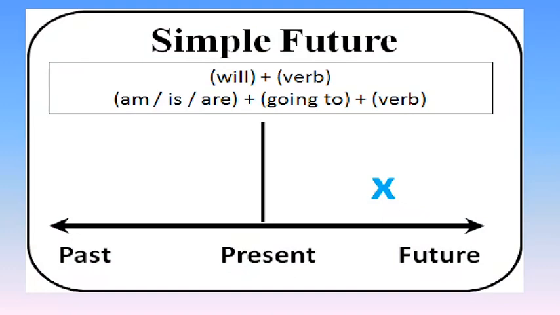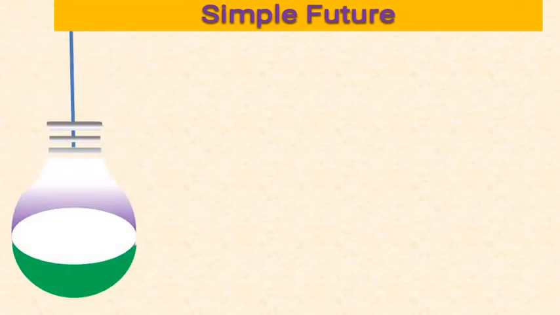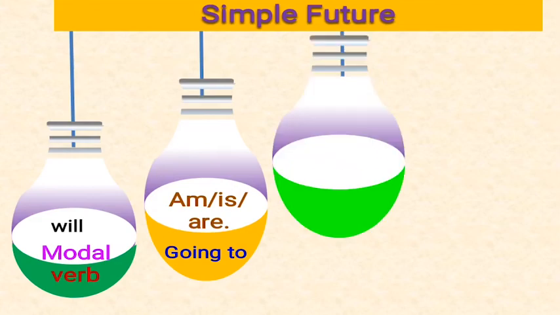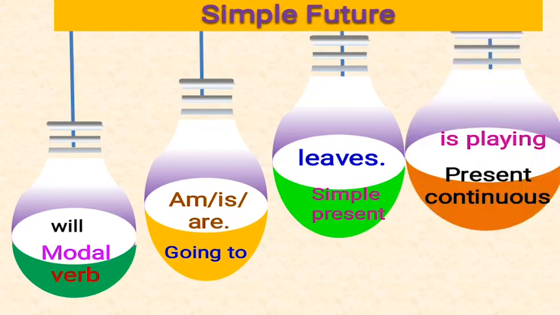So we will now learn about the structure of simple future. For an affirmative sentence, the structure is will plus verb, am is are plus going to plus verb. So this timeline shows that the future tense indicates the future time. Now what about the simple future tense? In which conditions or how can we express the simple future time? By using the modal verb will, by using going to with am, is and are, by using simple present, for example leaves, by using present continuous, for example